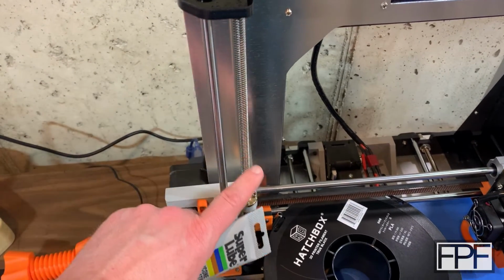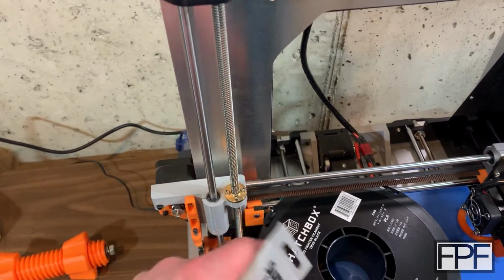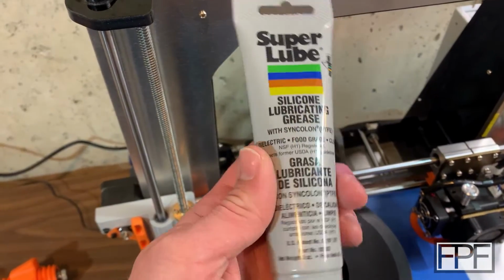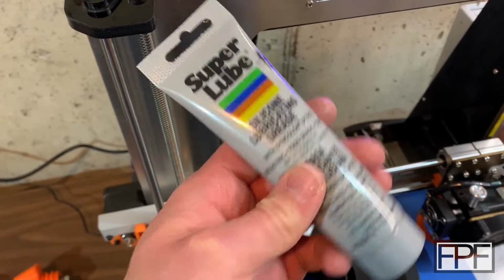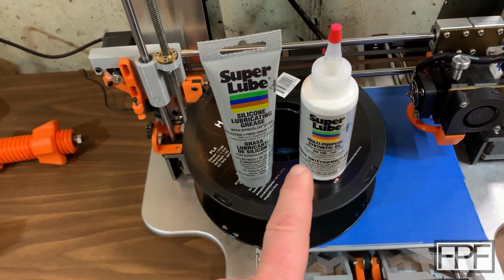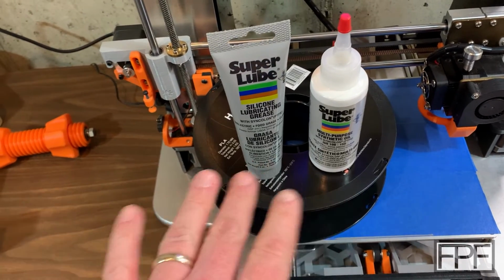Anything where there is a threaded rod like that, you don't want to use this as the lubrication on your smooth rods. The Super Lube company actually makes another product. Actually, let me go grab it. Okay, this is not unique to just this printer. These are the two products that you want to have on hand for really any 3D printer